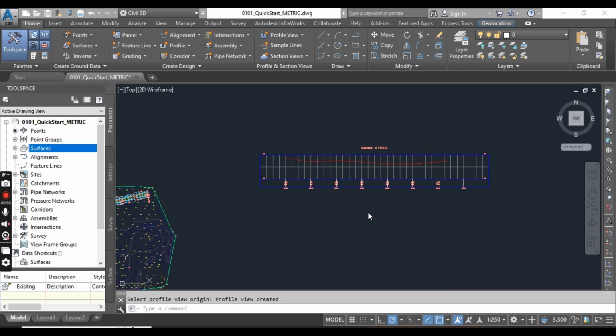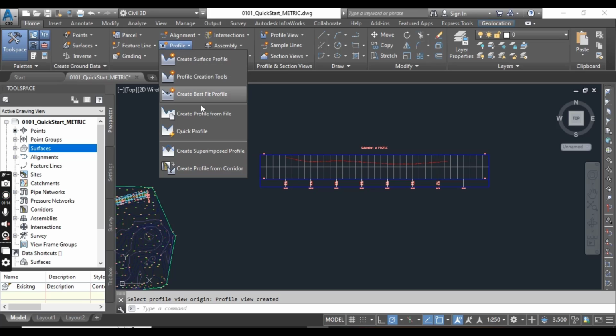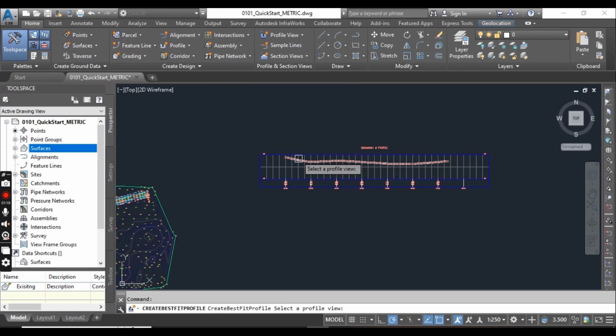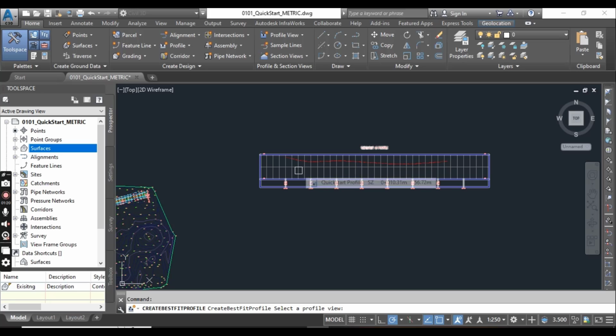Now it's time to create a best fit profile for this existing surface. It will be our design profile. Go to Profile View. Here we have Create Best Fit Profile. So select your